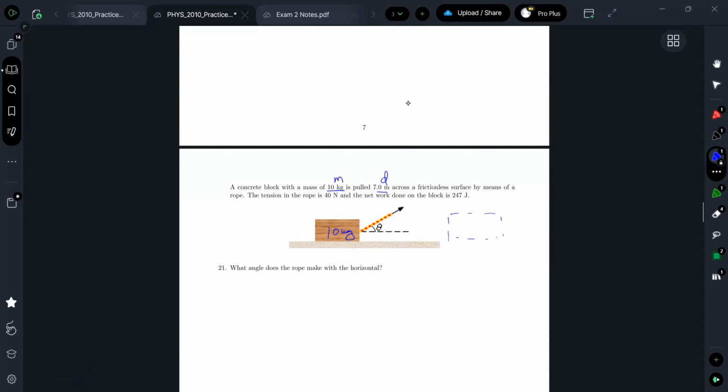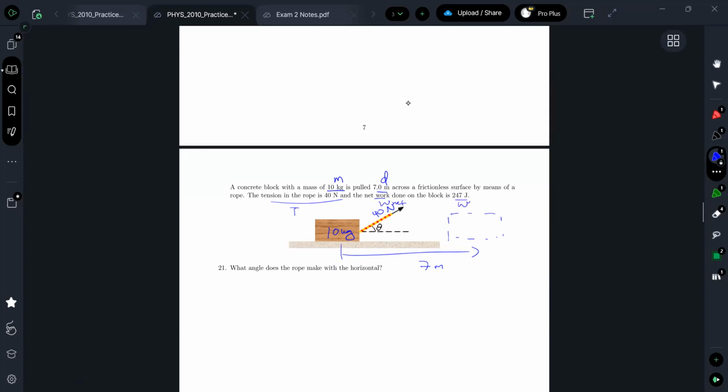Pulled over here, 7 meters, by means of a rope. The tension in the rope is 40 newtons. So the size of this force is 40 newtons. And the net work done, W net,